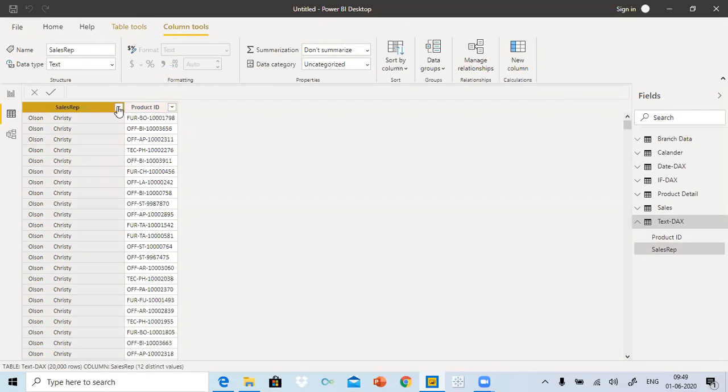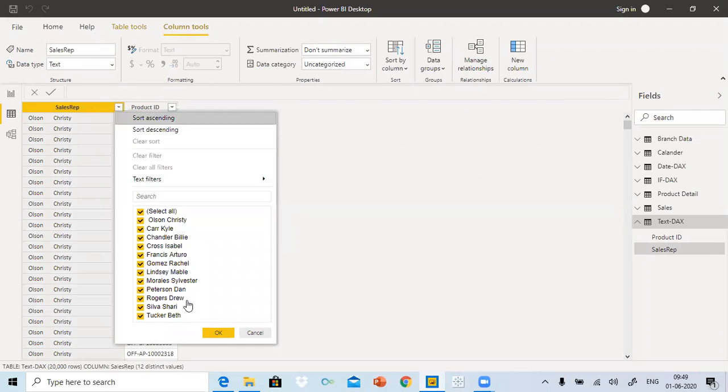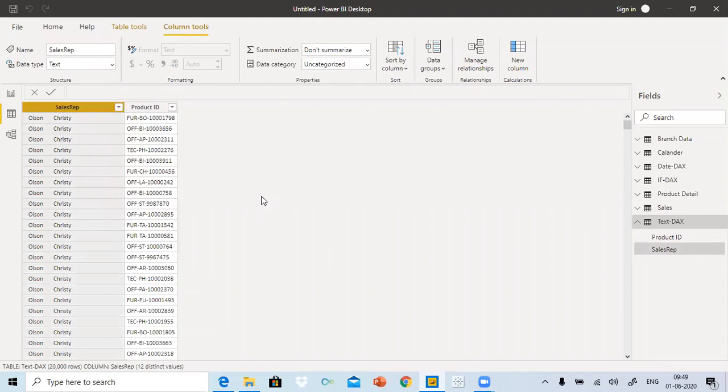ID. So if I click on this, we have a lot of sales representative names, but the problem is, when I open that data in Power BI, see what happened. The names are not coming in a proper way. What I came to know is that the names are coming in this way just because of unnecessary spaces in these names. So the first question: if I open data that has unnecessary spaces, how can I fix that? It's quite simple.